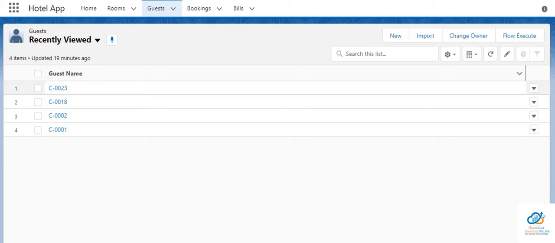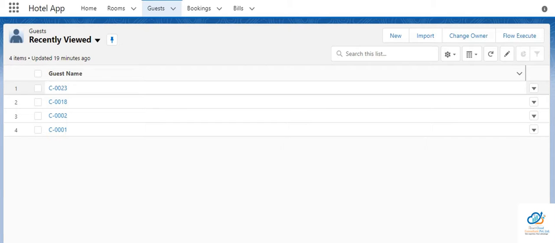If we select India, I only want those states present in India to be displayed in the dependent field. It is very easy to summarize the picklist values with the help of field dependency. Let's see a small video demonstration on how we can create a field dependency in Salesforce.